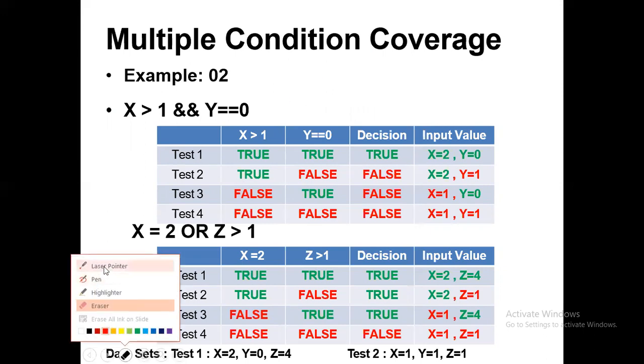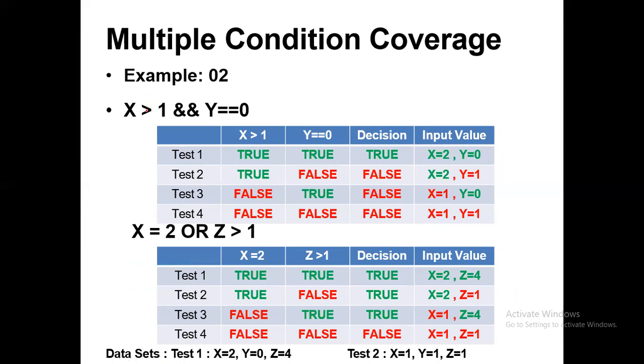So in here we have two sub conditions, right? So 2 to the power 2 is 4. So it means we can have 4 different combinations as the all possible condition combinations, or the multiple condition combinations, right?